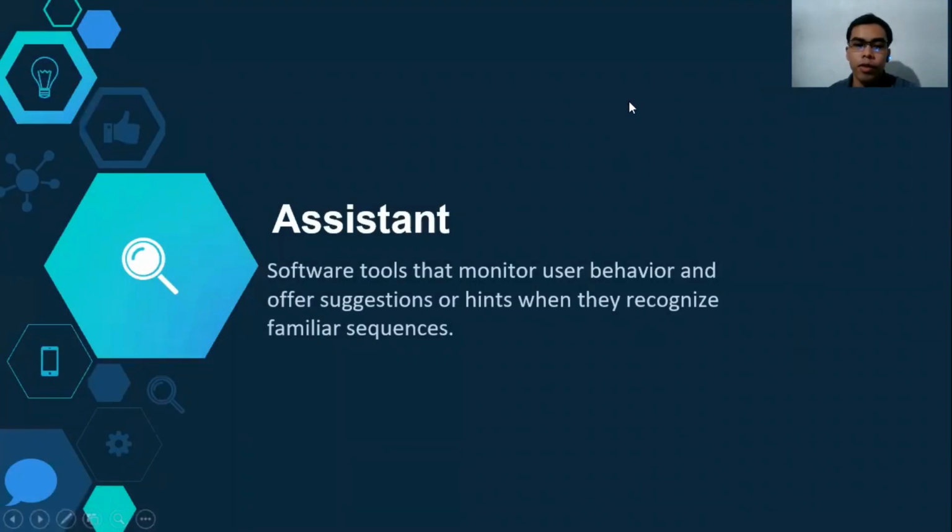Another more recent development in user support, assistants, are software tools that monitor user behavior and offer suggestions or hints when they recognize familiar sequences. Early examples are in Chapter 4: a software agent that watches users as they work. A recent example of an assistant that has not been so successful is